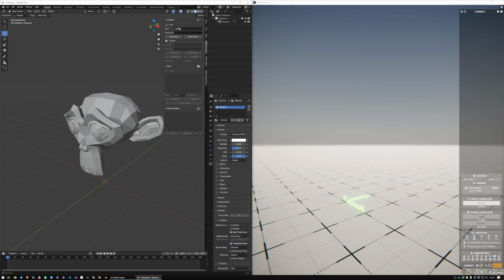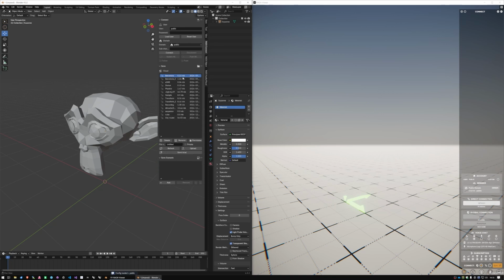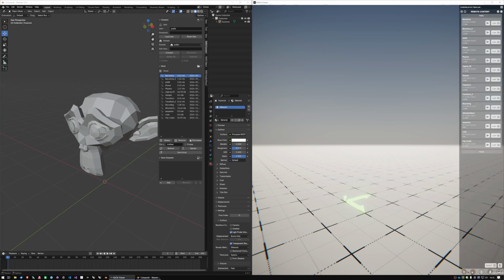By default, it's pointing at public, and if I hit load user, it will load that user configuration into Blender. And you can see down here, I immediately get a list of the cloud files, which are also the ones that I have over here in the public cloud. It has the name, size, and when it was modified. Here I can delete, rename, and change the permissions. I can also give it a name and upload to the cloud. I can also save locally to a radii file, or I can save it into a scenario.